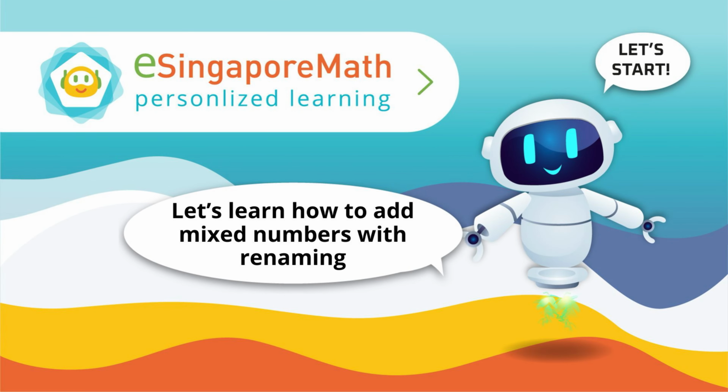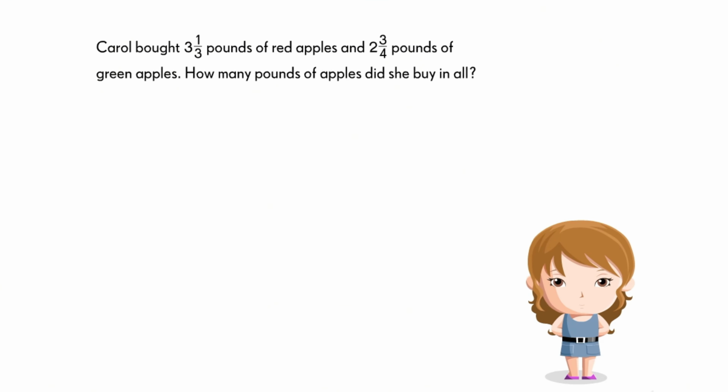Let's learn how to add mixed numbers with renaming. Carol bought 3 1/3 pounds of red apples and 2 3/4 pounds of green apples. How many pounds of apples did she buy in all? To find the answer, we add